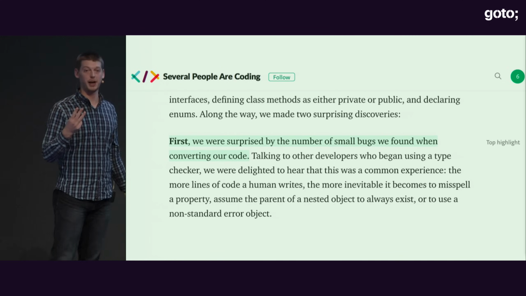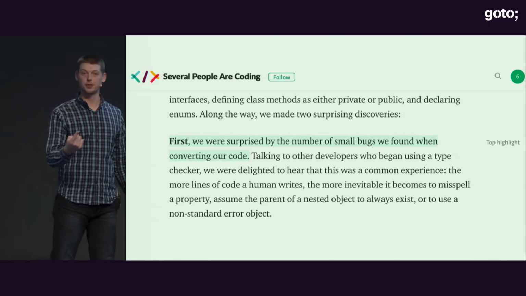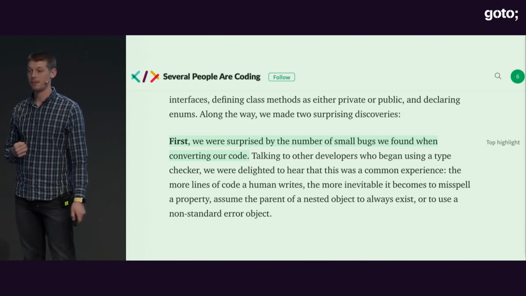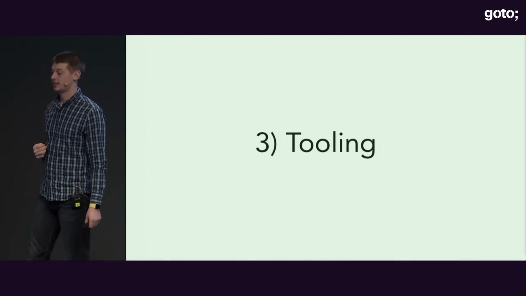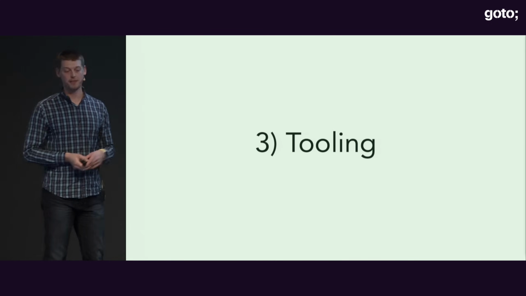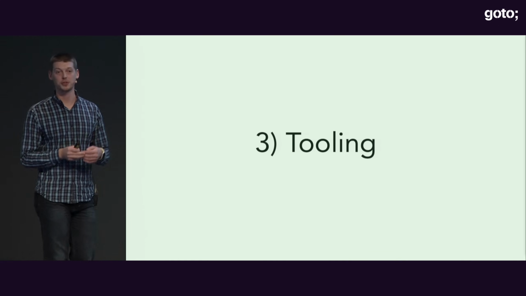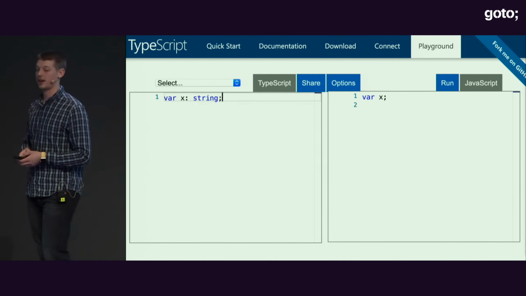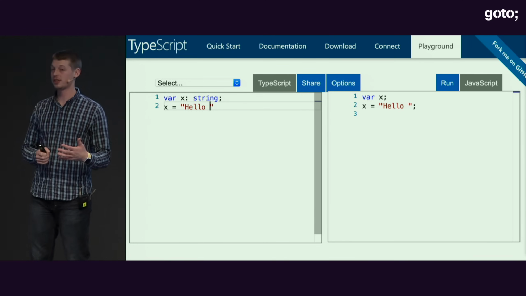So I mentioned 3 reasons why I thought TypeScript was successful. The first was the commitment to the standards. Second was about the typing system and how things are opt-in. The third on my list is tooling. And this is probably what I feel is the single most important reason why TypeScript succeeded. So the examples I've been showing so far have been fairly basic, but you can do a whole lot